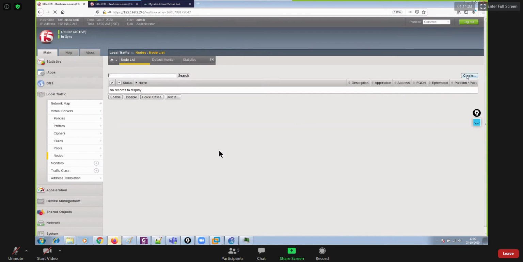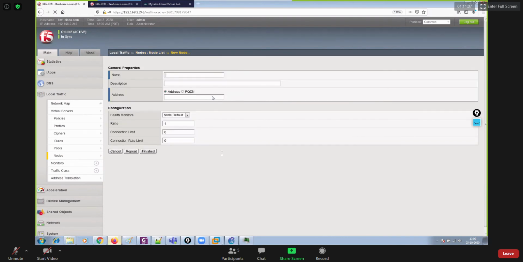Create server1 with the IP address 192, 20.10, right? Repeat: server2, 192, 20.20. Repeat: server3, that's 20.30.